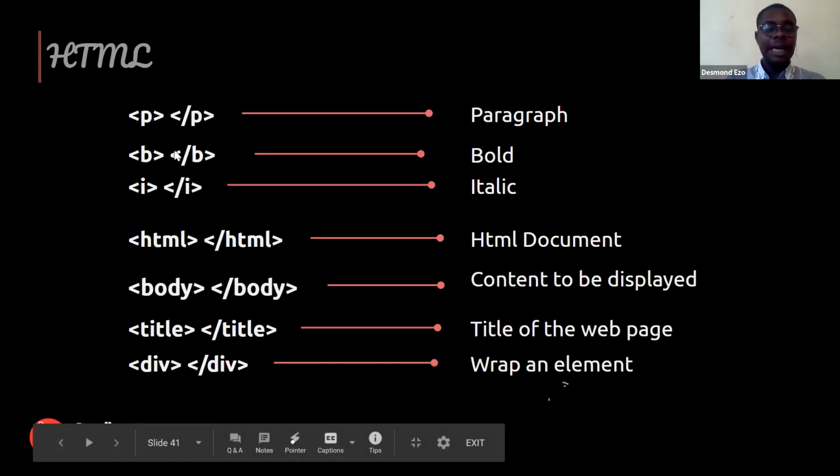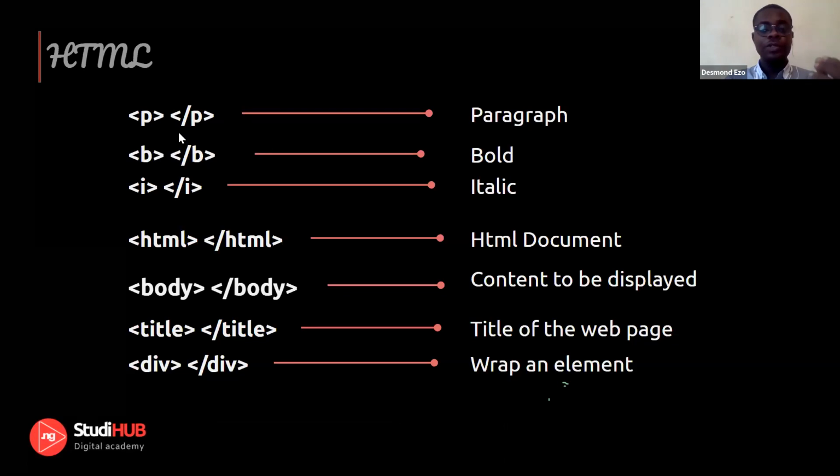So knowing that the HTML tag has an opening tag and a closing tag, it's very easy to read because you can use intuition to figure out what a tag does. Like for instance, this P tag here stands for paragraph. So it has an opening tag of P and a closing tag of /P. If you want to make anything a paragraph, you would place this opening tag at the beginning of that sentence and the closing tag at the end of the sentence. So anything in between the opening and closing tag becomes a paragraph.